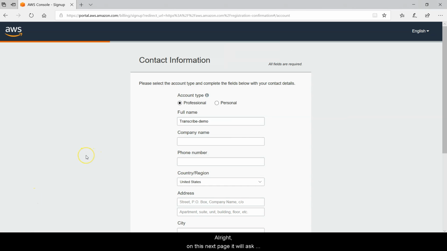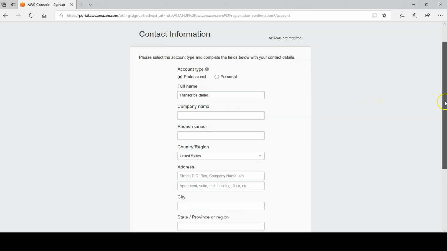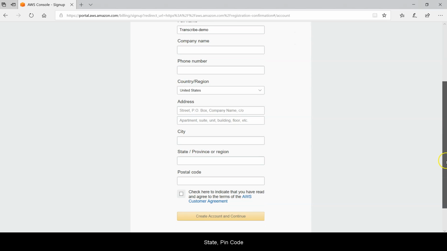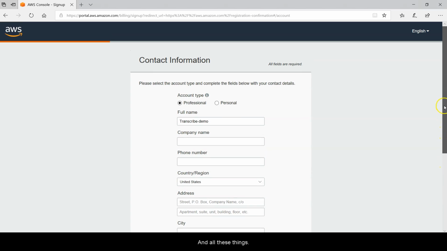Alright, on this next page, it will ask you to fill your contact information and whether you want to create a professional account or personal account. For a professional account, you need to provide your full name, company name, phone number, country, address, state, PIN code, and all these things.